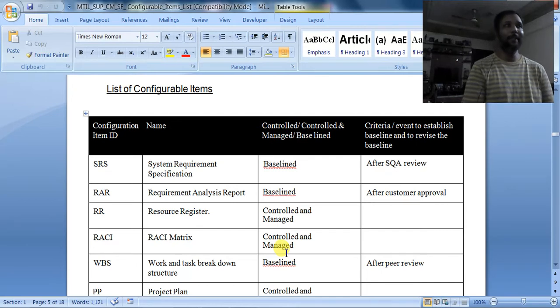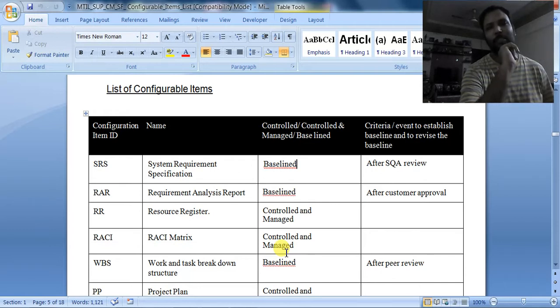Then how can anyone change these baseline documents? No, sir. The access will be given accordingly, with separate tools. I told you that configuration management tools will be used. Suppose I take the example of VSS. In VSS there is an option of pin. If you want to baseline the document, we have to apply that pin. Once the pin is applied, you can only view the document, but you can't check out and check in. So that's what baselining is.